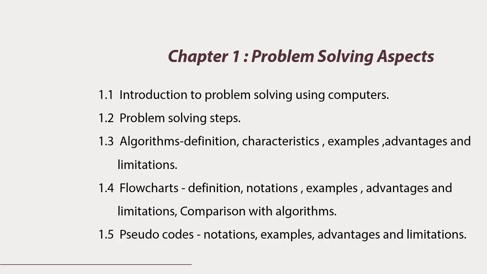So, we will discuss how to construct an algorithm, how to convert algorithm into flowcharts by using flowchart notations. We will solve some examples and then we will discuss the advantages and disadvantages of algorithms and flowcharts. After that, we will see what a pseudocode is. Flowchart can be converted into a pseudocode. Pseudocode is formal than flowchart, but it is informal than the program. So, pseudocode is in between flowchart and a program.